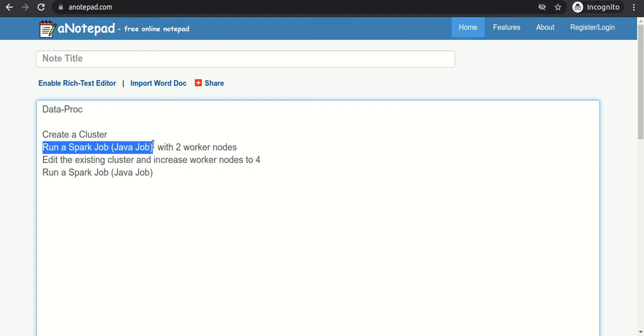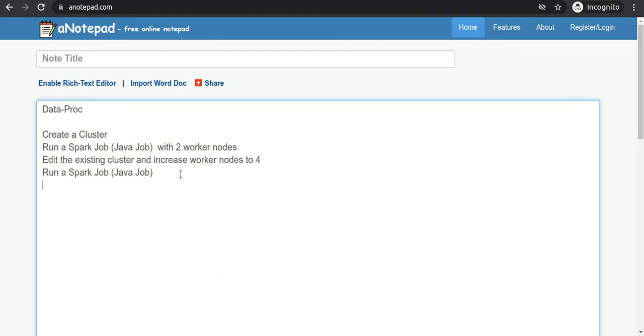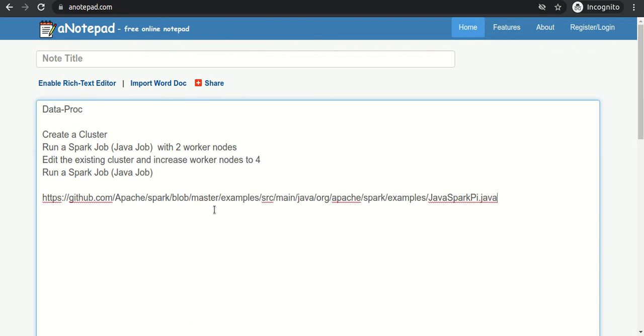Our purpose is not to write code as part of this lab. If there is any other lab where we have to look at the code, I will definitely look. But if someone wants to look at this code, they can look at it. I will put the link in the description. This is the GitHub repo.